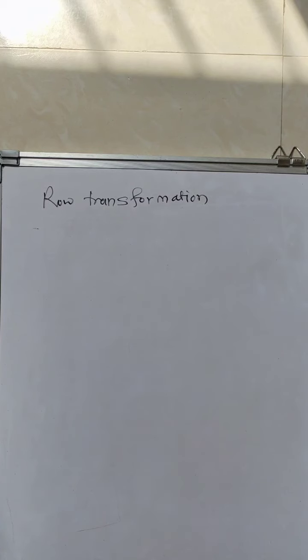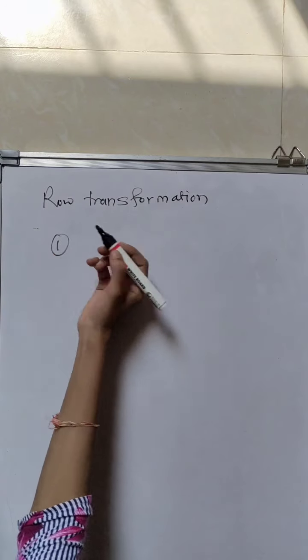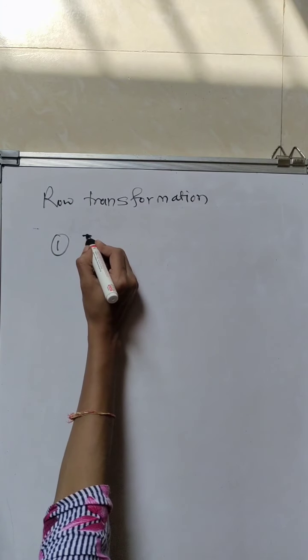Row transformation. Row transformation is nothing but the operation of rows. For example, interchanging the rows, multiplying a row by some constant k, or subtracting one row from another row. These operations are called elementary row transformations. Now these transformations are denoted as follows, if we consider interchanging